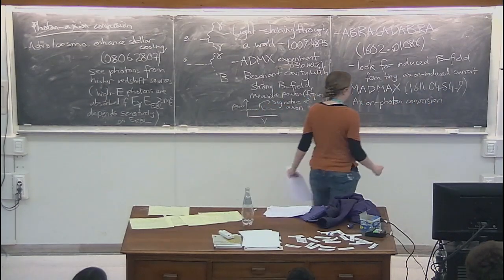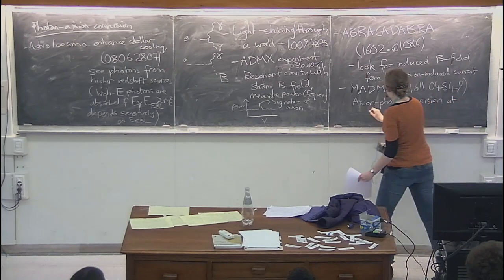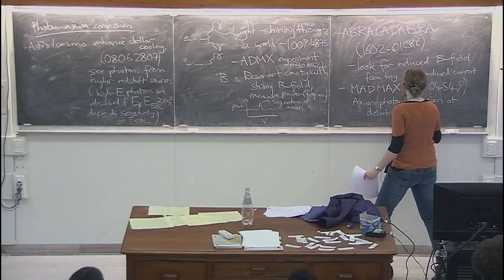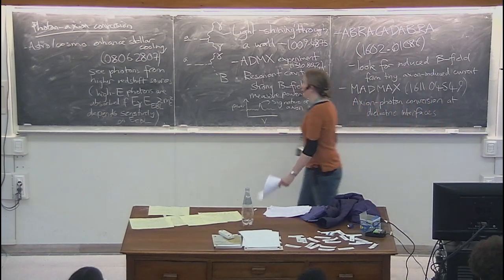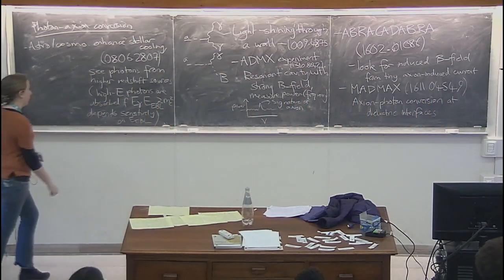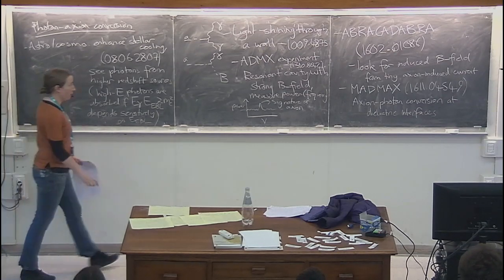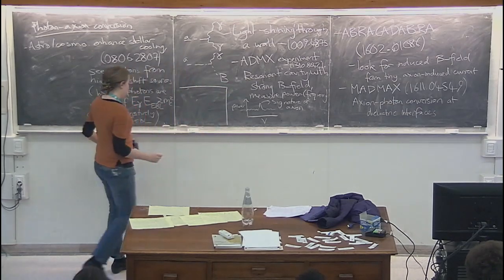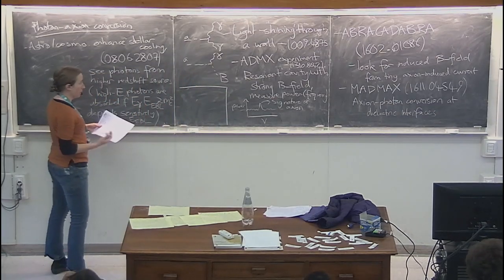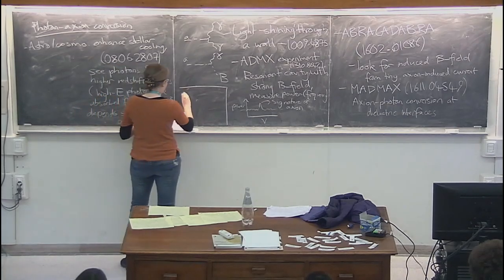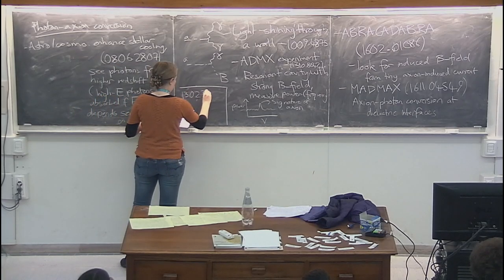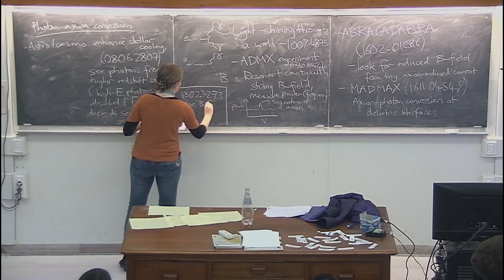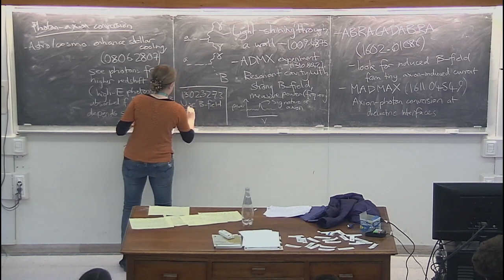You don't even need to do this in the lab. You can look for axion-photon conversion in the magnetic field of astrophysical objects, such as the sun. So CAST is the current experiment, and the IAXO experiment is the next-gen experiment. It uses the B field of the sun to do your conversions, in these solar helioscopes, where you look for the effects of axion-photon conversion around our nearest star.